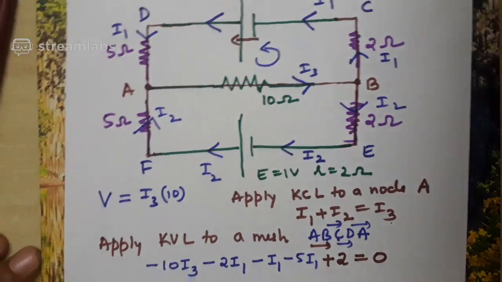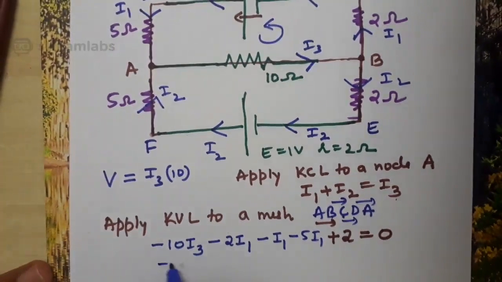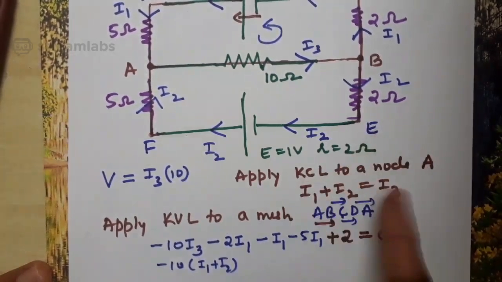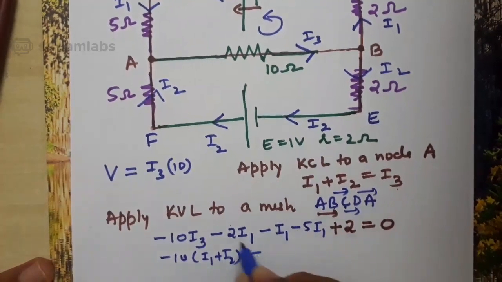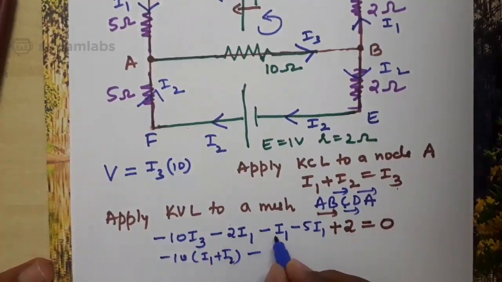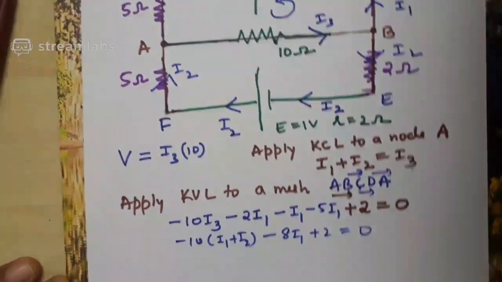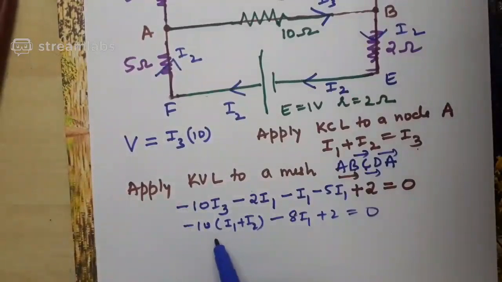Understood? Okay. This I3 can be replaced as you know that I1 plus I2. I have written the first equation applying KCL. So the remaining thing is this is 2, 3 and 5, 5, 6, 7, 8. 8 I1 plus 2 is equal to 0. If I simplify, simple mathematics,